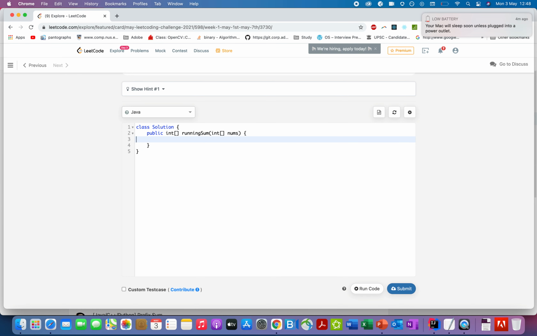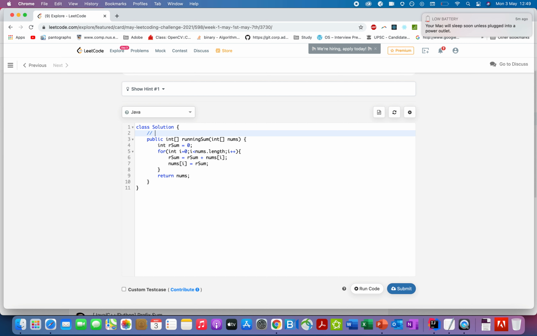The first thing that I'm going to do is to create a new variable, rsum equals 0, and let's start the iteration. int i = 0; i less than nums.length; i plus plus, and the first thing that I'm going to do is to update the rsum variable with the current value held at nums of i, and once we have done that, we'll update nums of i with rsum. Pretty straightforward and simple, and in the end we'll simply return nums back.